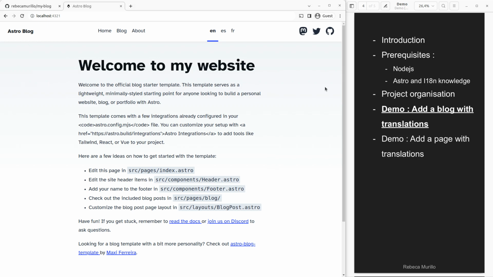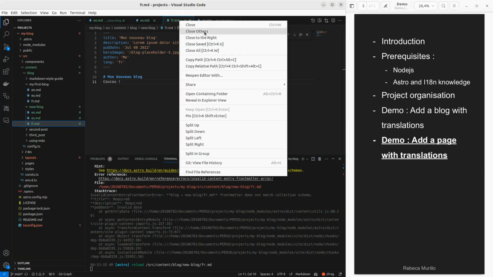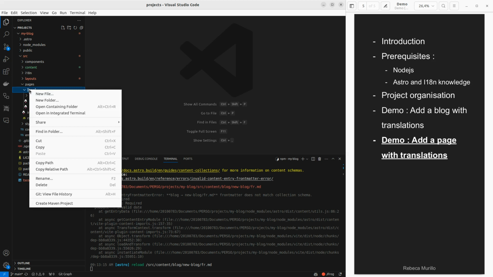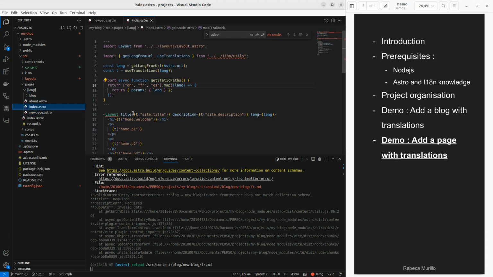I will continue with the last part, which is just showing how to add a new page. So not a blog, but a static page. I will close everything over here. I go to pages. It is important to create the new page under the language parameter because it is mandatory and used in every generated page for the translations to work. So I will say new page dot Astro. I'll just copy what I have in the index